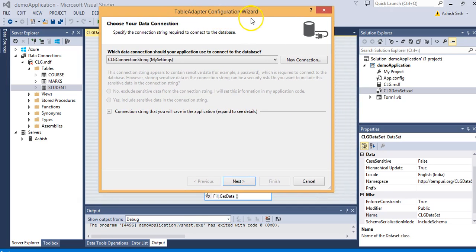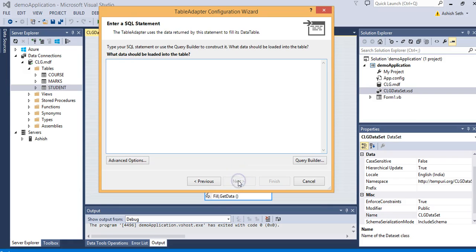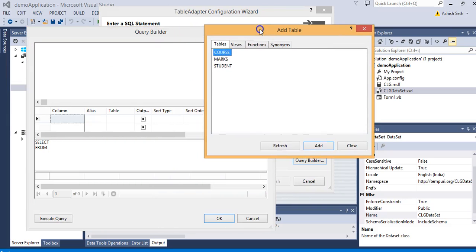You will get this wizard. Go to next, use SQL statement, it should be selected, next, and then here you will find the query builder. On selecting the query builder, it will show you all the tables. Now based on our requirement, we have to check which tables we need in our query to get the desired output.